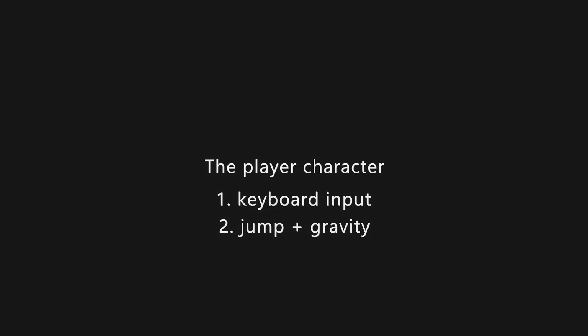But once we have that, there's one more thing that we do need, and that is some kind of floor. Because if we can jump and fall down, if we don't continuously jump, our player would eventually fall into nothingness. So this is then the third thing we have to implement. And these are three things that are kind of independent of each other, so I'll go through them step by step. And let's start with keyboard input, because this should be the simplest one by now,